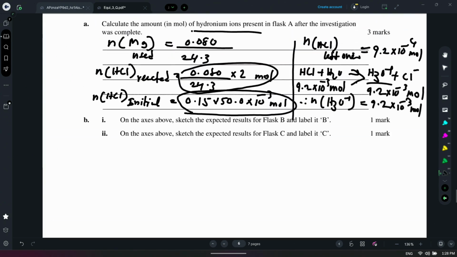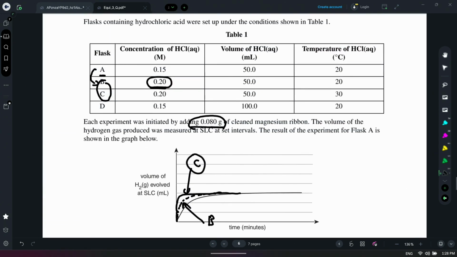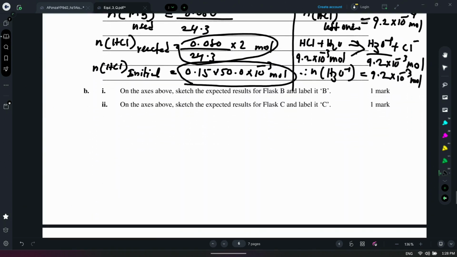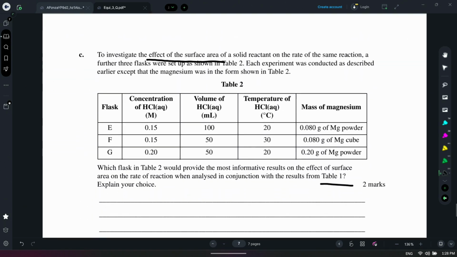So you need to find a flask in table 1 which should have the same conditions as B. We should have the same conditions as this table, but the only independent variable should be the ribbon becoming